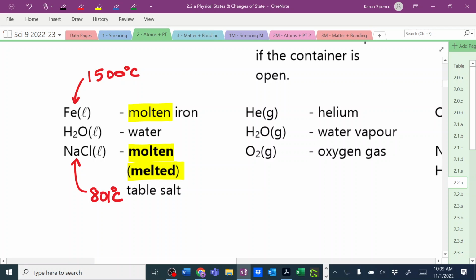If you have a gas, helium is a gas, you can have water vapor. You know how your kettle, when it boils, the steam comes off, that's water vapor, okay? However, the moment you can actually see it,